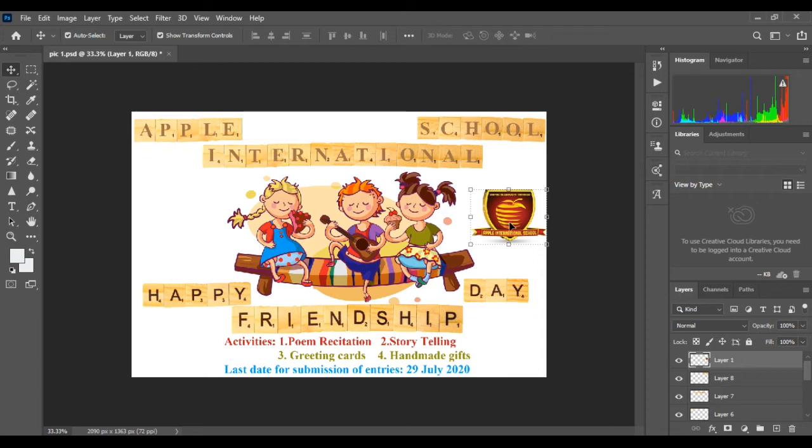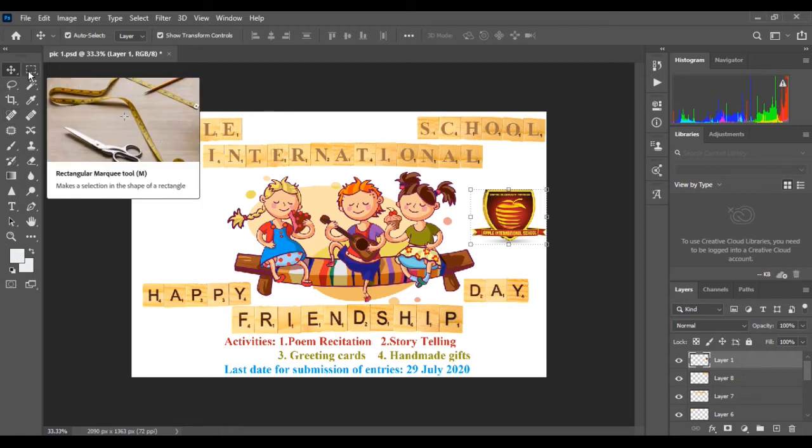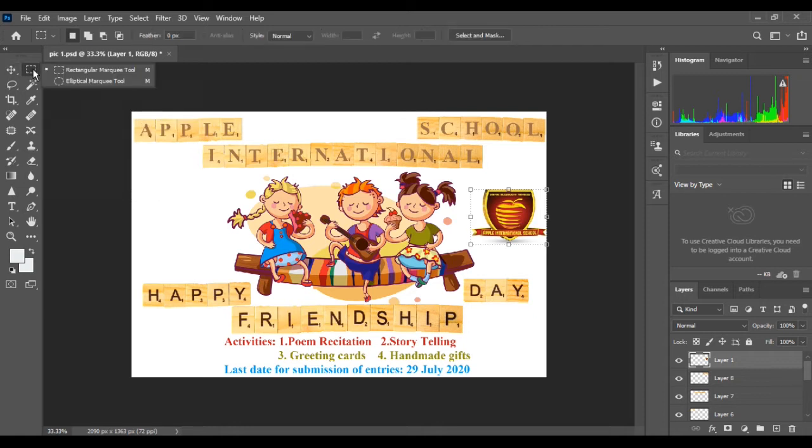Next is the Marquee selection tool. It makes rectangular, elliptical, single row, and single column selections. They allow you to select a part of the image. Here we have the rectangular marquee tool. Right click on any tool to explore more options of that tool.